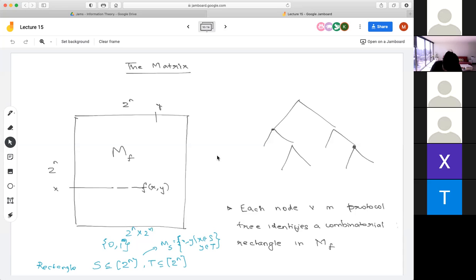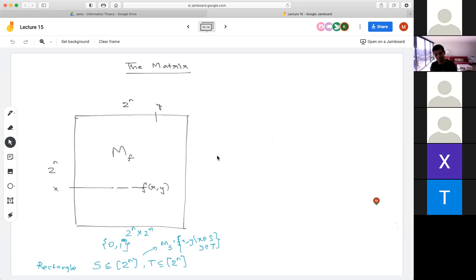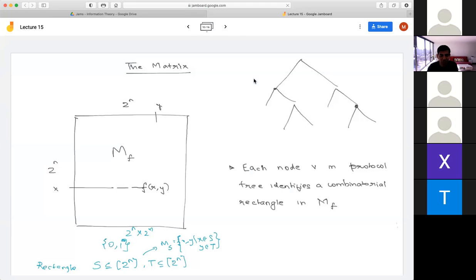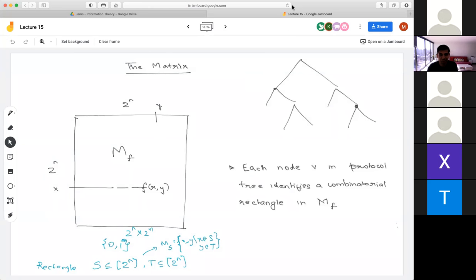And this will be very useful in terms of understanding protocols, because instead of understanding protocols directly, we will be able to understand partitions of this matrix into rectangles. And that will allow some sort of linear algebraic methods or methods related to distributions, etc. Okay. Any questions about the claim? We'll prove it in a minute, but